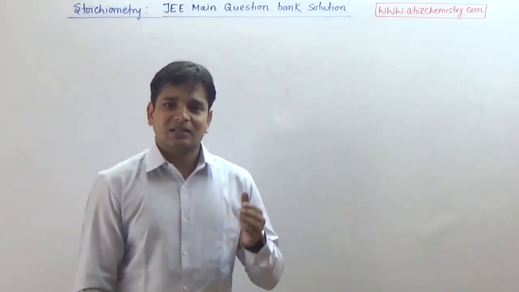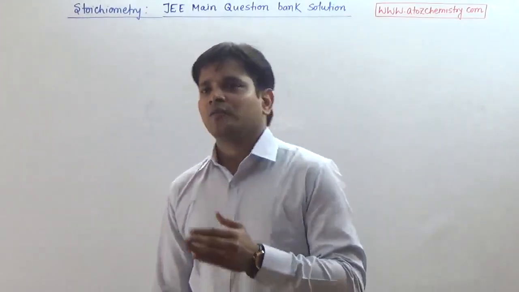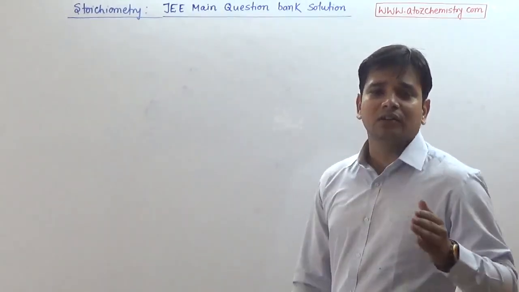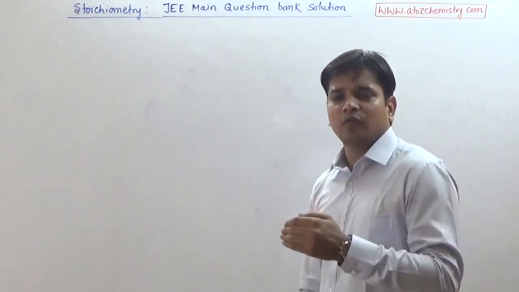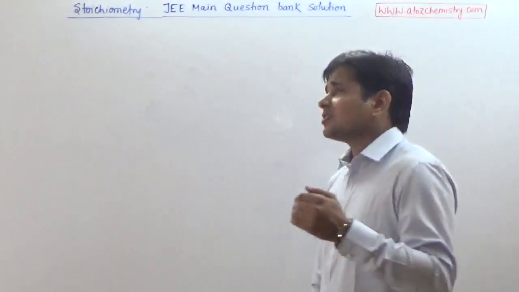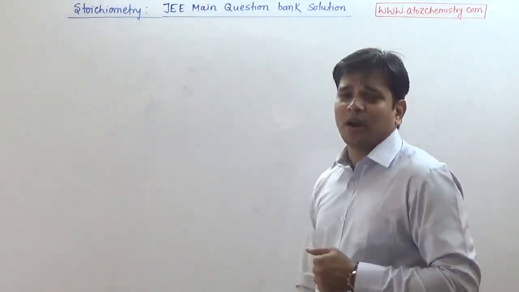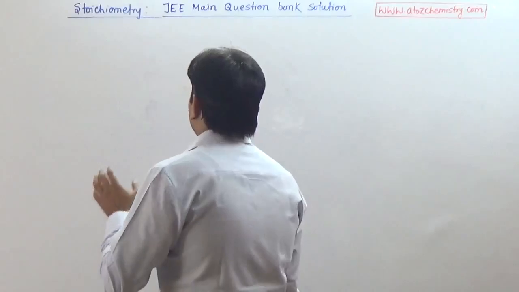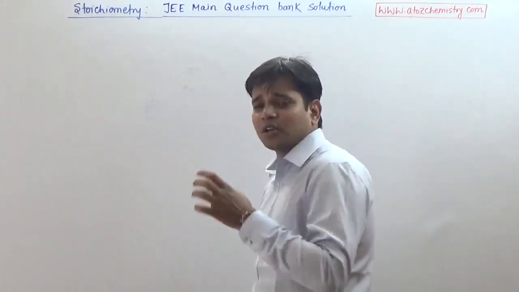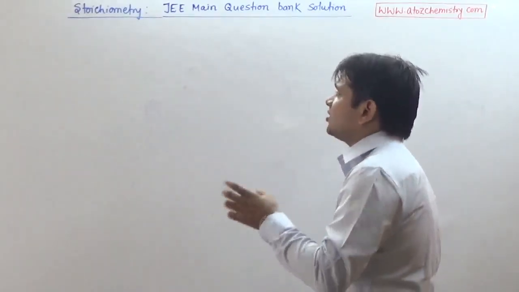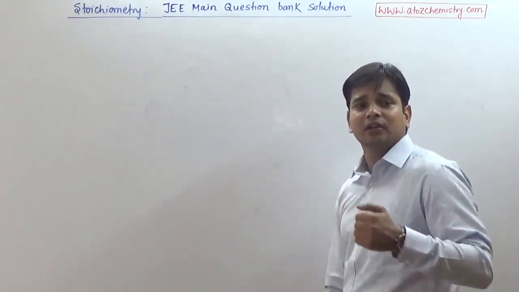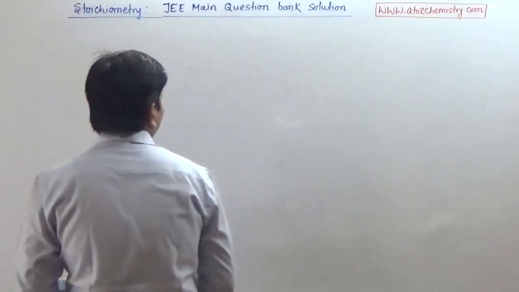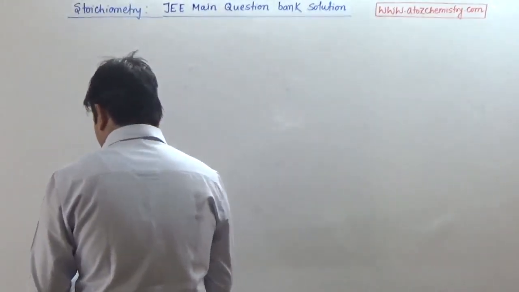We have discussed some problems of stoichiometry from the JEE Main Question Bank from 2002 to 2013. In 2014 and 2015, some questions were also asked from the stoichiometry chapter that we are going to discuss now. In this way, I will complete the question bank solution of the stoichiometry chapter from 2002 to 2015. So, the questions asked in 2014 and 15 are,